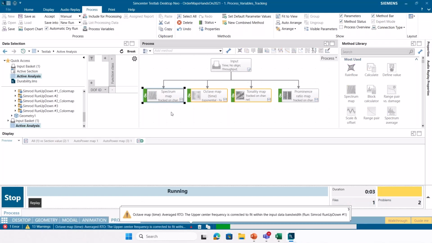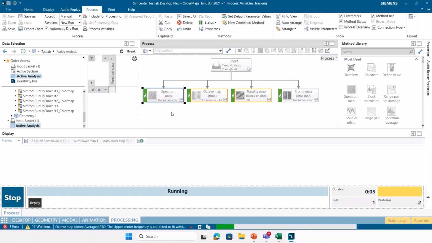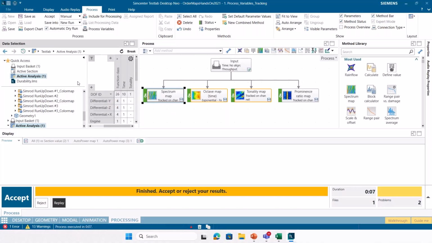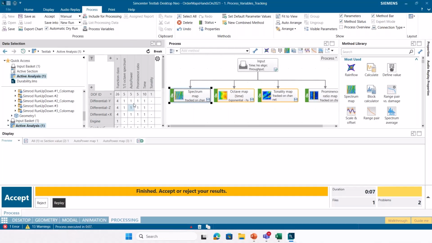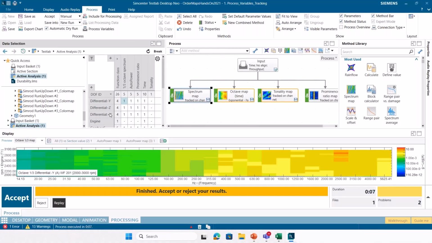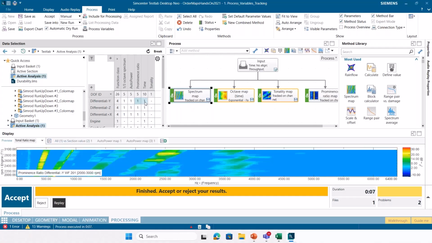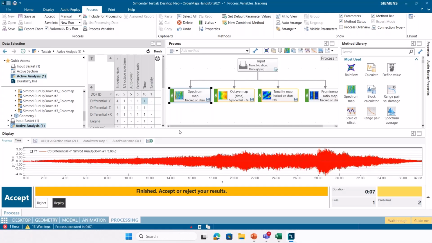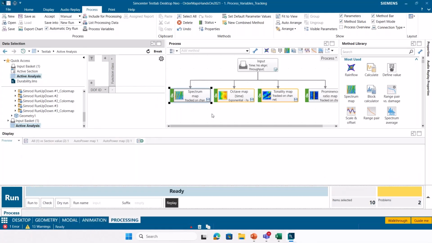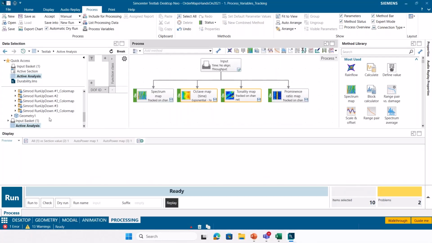And when I run this process, I'll see for all of my map functions, those tracking parameters have now been updated. So it's a nice, convenient central location to be able to update these parameters.